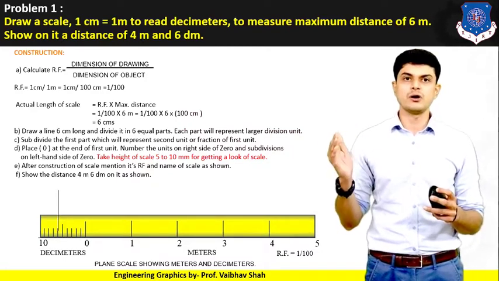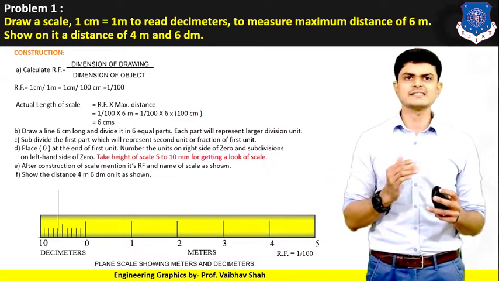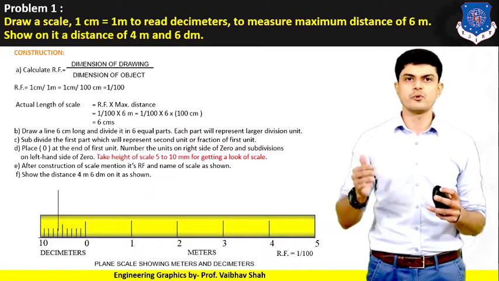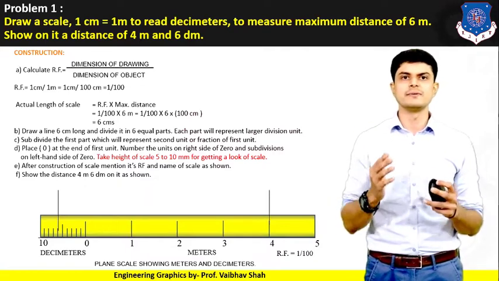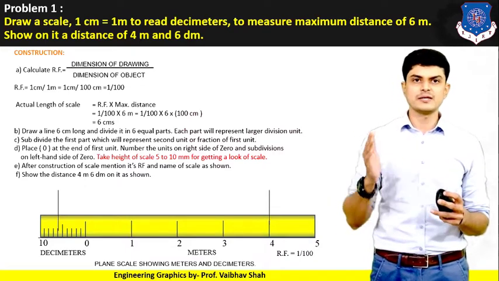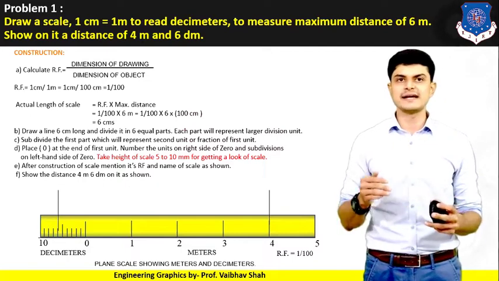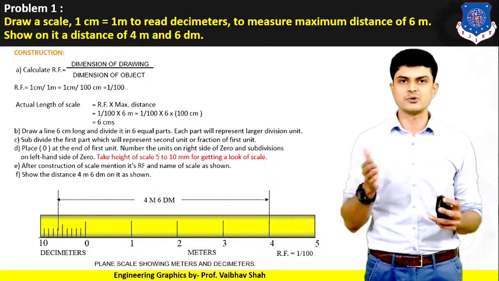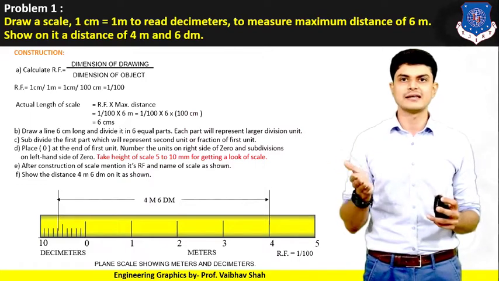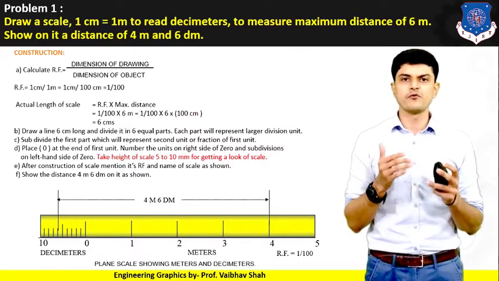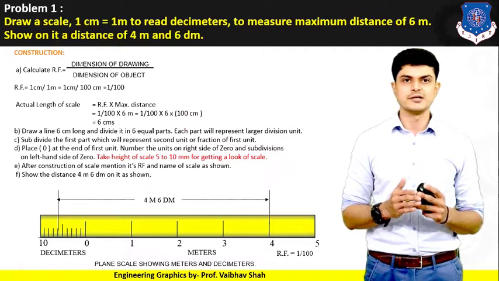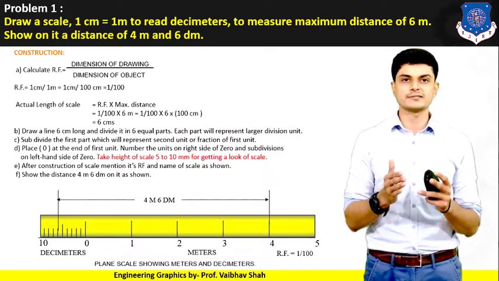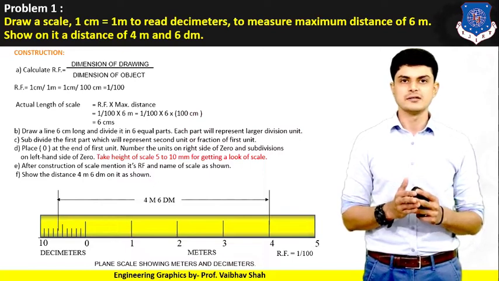Now let us go on the right hand side from the 0. Starting from 0, 1, 2, 3 and 4, draw one vertical line. You will have 4 meters, right? So now we have 4 meters on the right hand side and 0 meters on the left hand side. Now let us draw one straight line joining these two vertical lines, and write down the unit as 4 meters and 6 decimeters. This is how you would measure the distance of 4 meters and 6 decimeters on your line. So very easy.